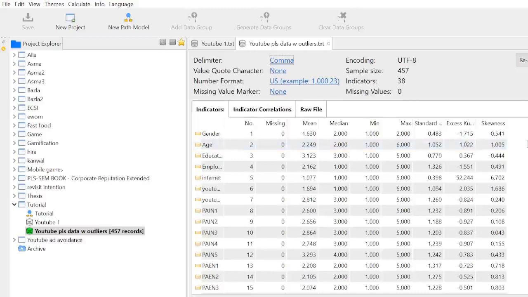Some of the research work requires us to report the descriptives of the items that we have there. I'll cover that point in my next video. For this video, importing data into SmartPLS was my objective, and that's where we are ending this video. See you in the next